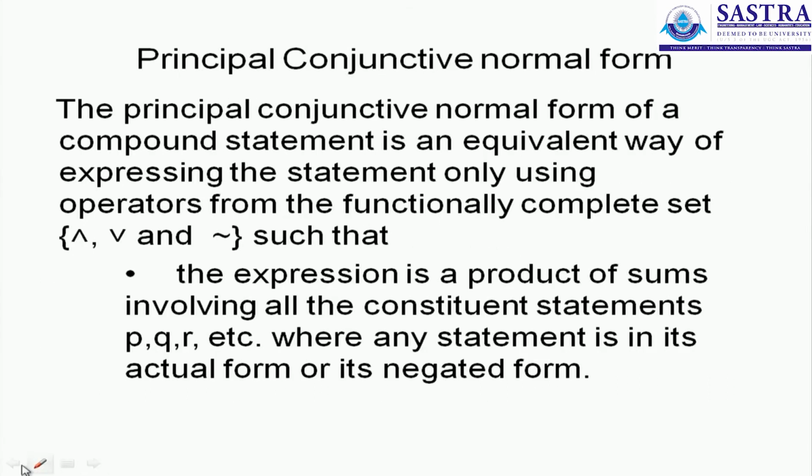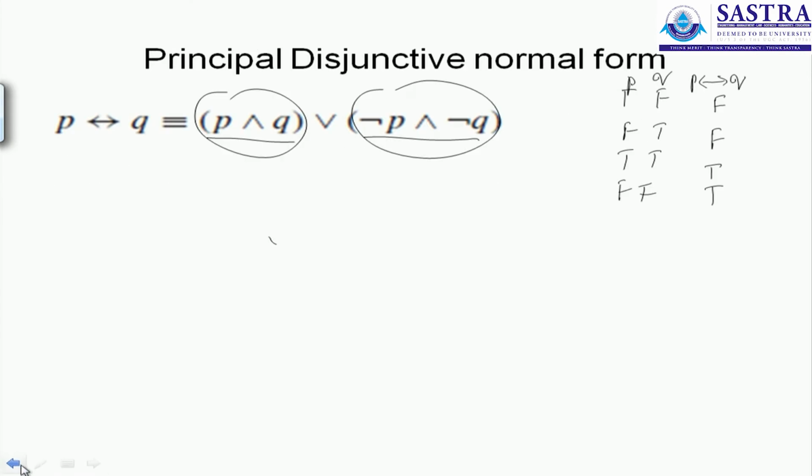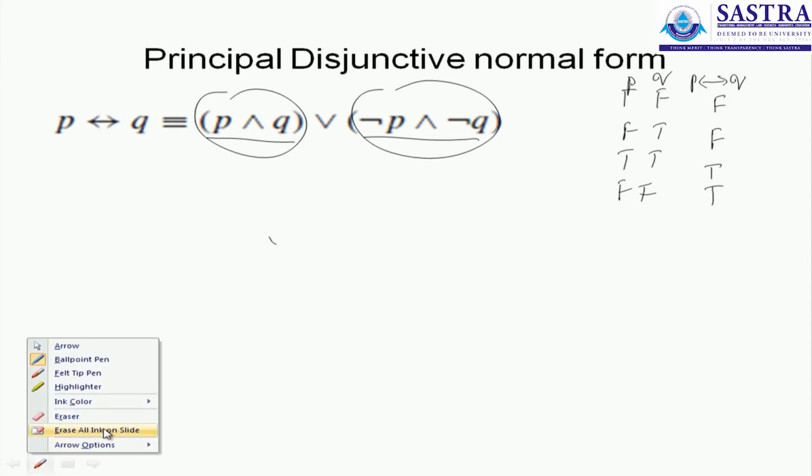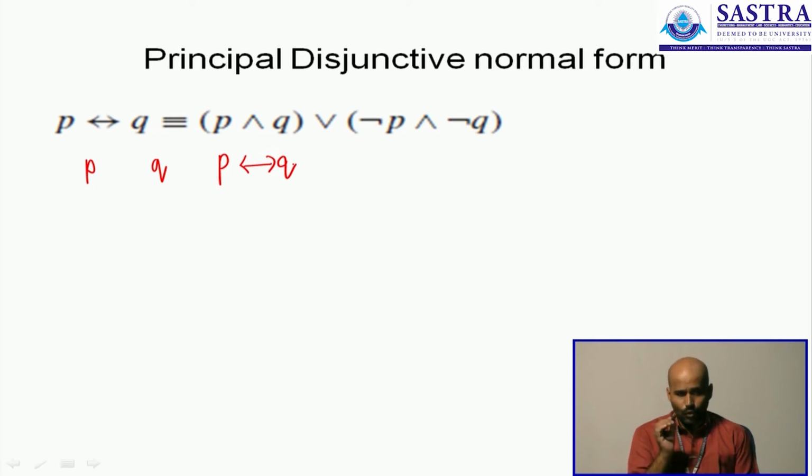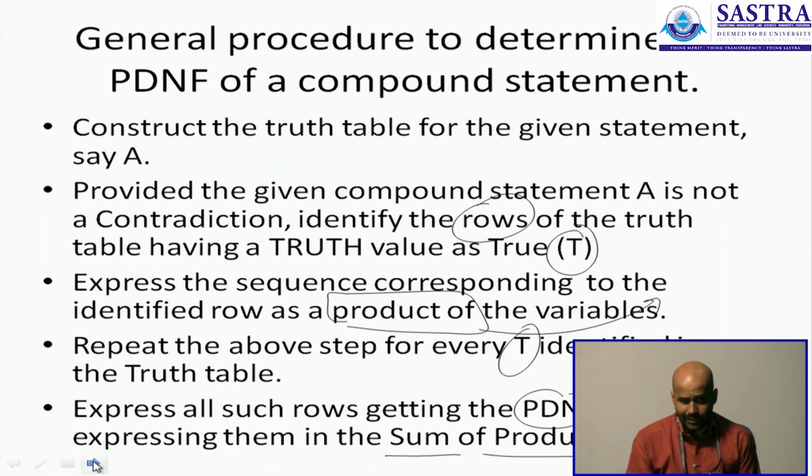I can give you a small example by going back to the previous slide. That's what you had, and we're looking for expressing the LHS in its PDNF form. We don't know what the form is yet. We're sure it is something, but we do not know. But how do you determine that? We'll follow this procedure in the next slide.